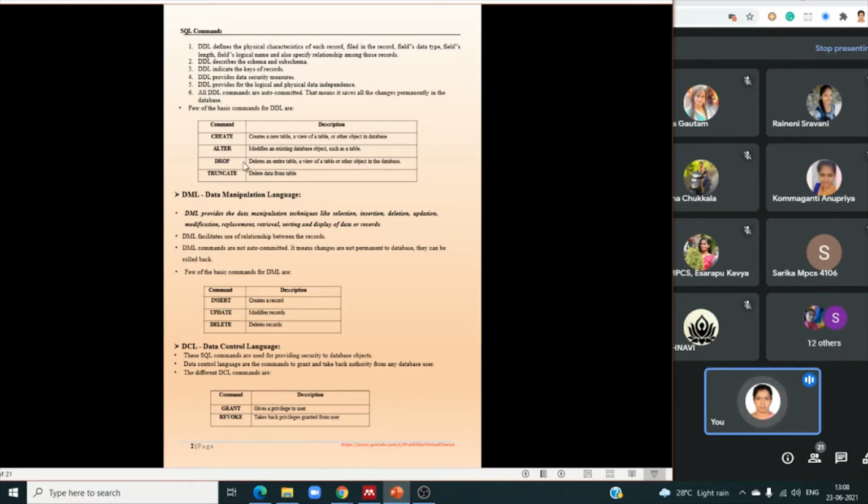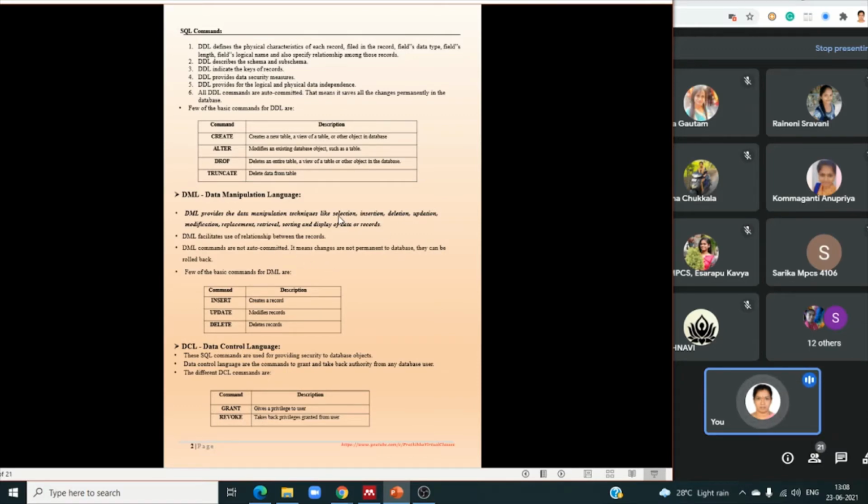These are the different DDL commands, and now the DML commands. DML stands for data manipulation language. DML provides techniques like selection, insertion, deletion, and updation. What manipulations are to be performed on the tables? We can select the data, insert the data, update the data, and delete the data.